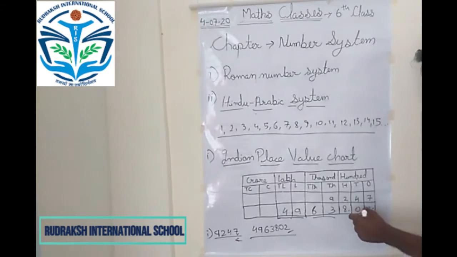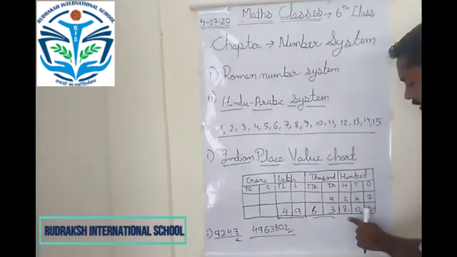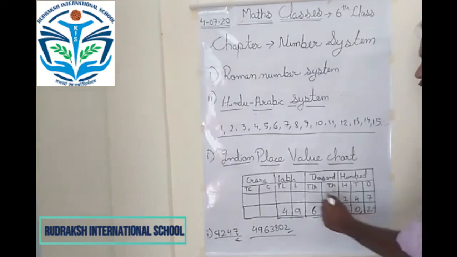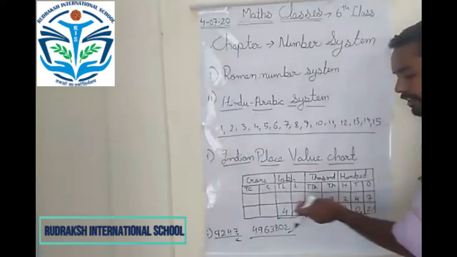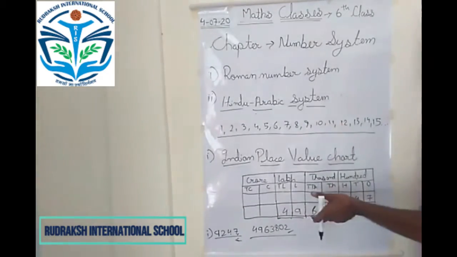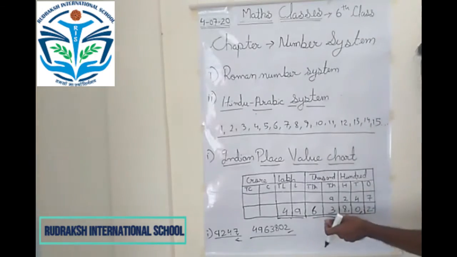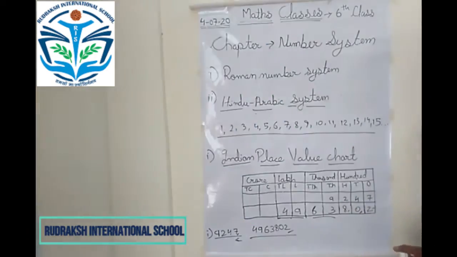63,802. And why is it 802? Because you can see that on the tens place there is nothing, it is 0. So we will say it 802. So the whole sequence will be 49 lakh 63,802. So this is how we place an Indian place value chart, and this is how we arrange the numbers in the Indian place value chart. So please, all of you, note down both of these examples and write down the sequence of both of these numbers in your copy. Okay.